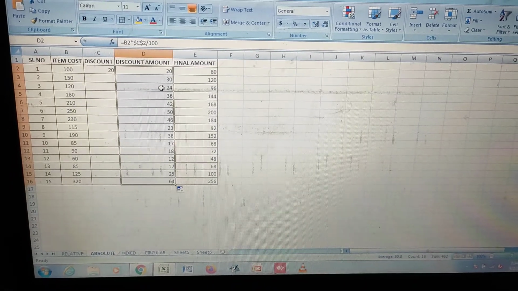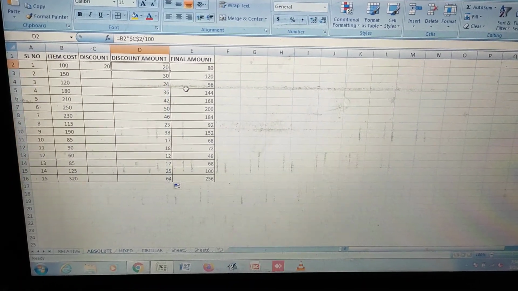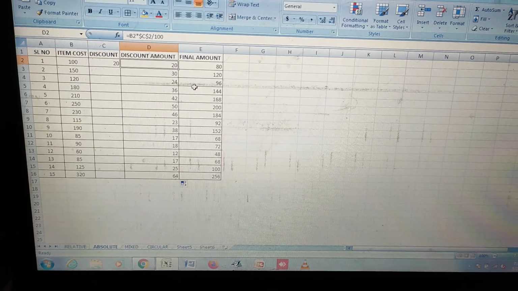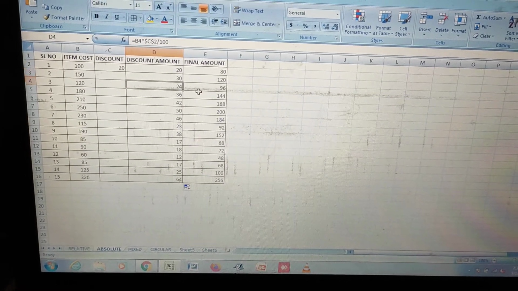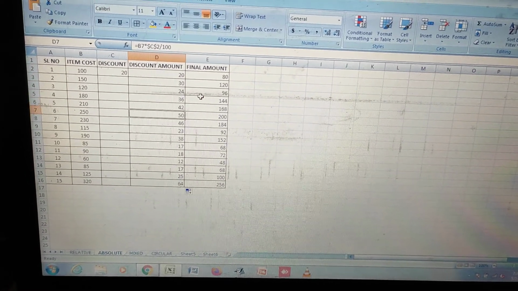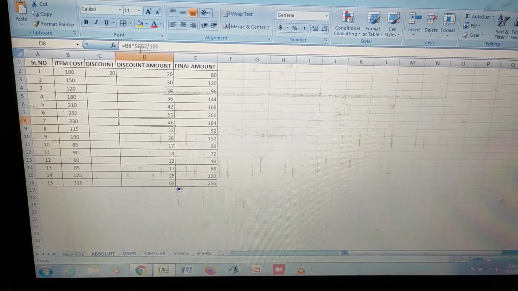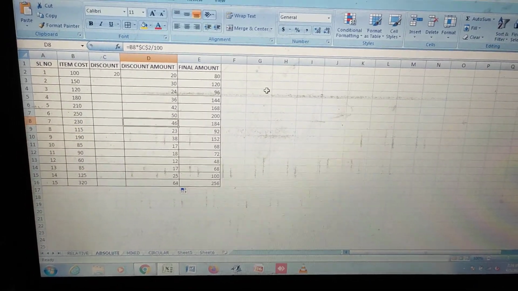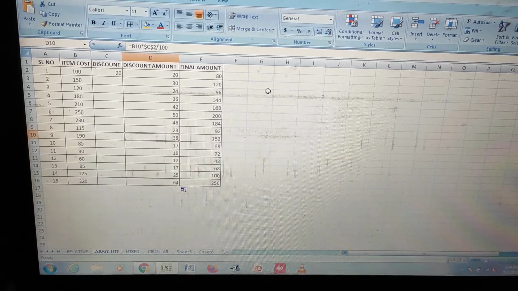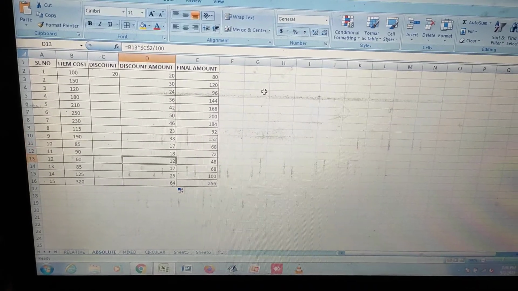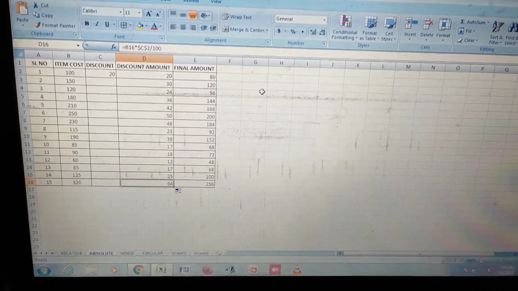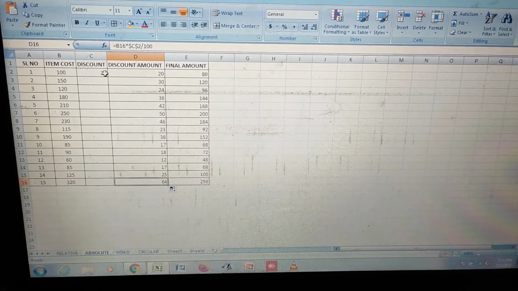Okay. Now you see everywhere that $C$2 is unchanged. You see the formula bar here, it is unchanged. That means for every item it is calculating with that one value, 20%. Now you change it again, make it 10%.